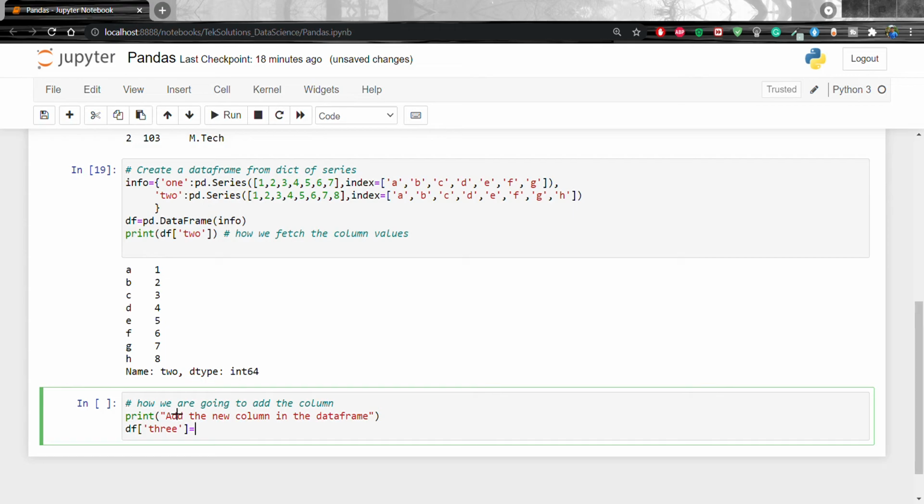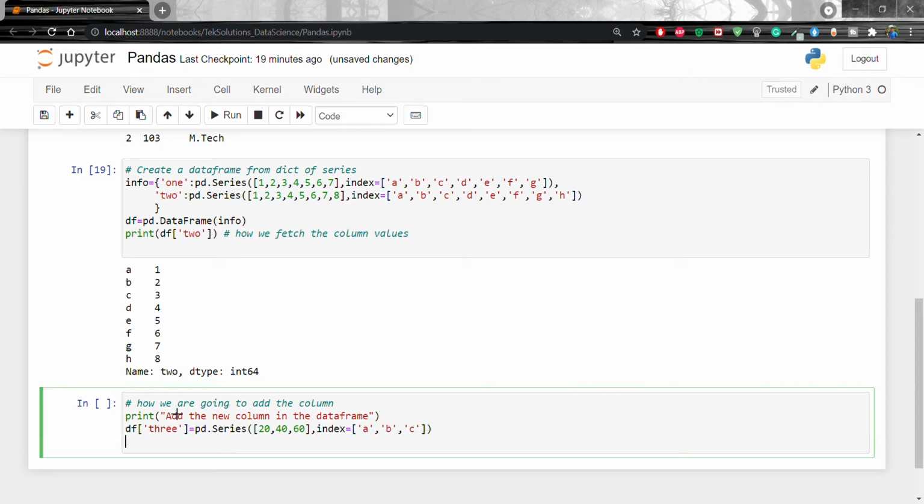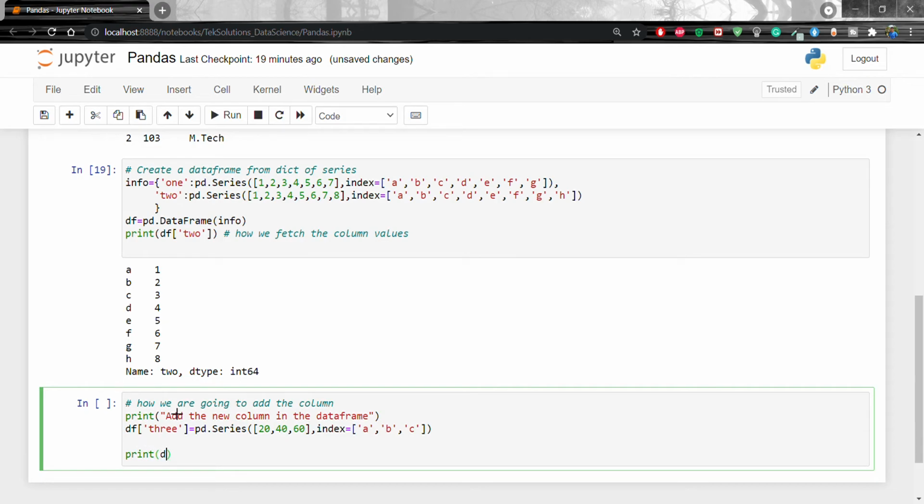I am adding it equal to pd.Series, and the values will be 20, 40, 60, and the index equal to A, B, C. Okay, so after that, now if I display df, what will happen?